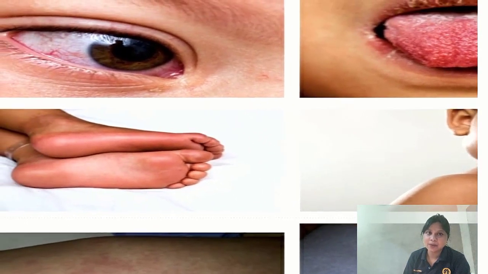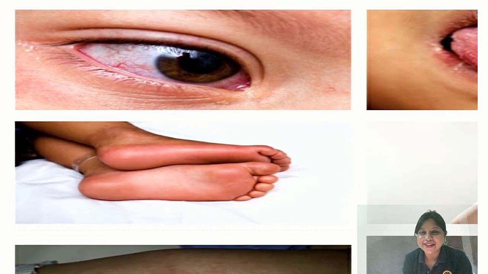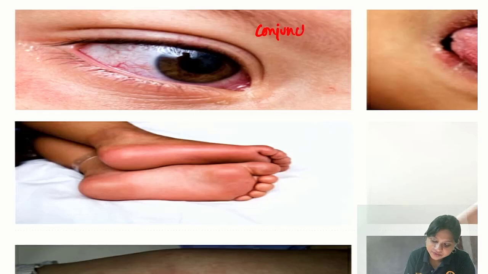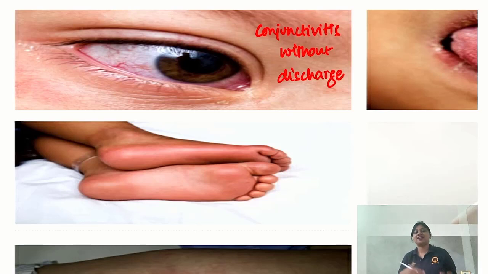Now, coming to this IBQ, which is my very personal favorite, first look at the eye. So, again, I discussed this. This is a non purulent conjunctivitis without any discharge and sparing the limbus. So, this is conjunctivitis, but there is no discharge. Now, I already told you that non-purulent conjunctivitis you are going to get in a disease which is known